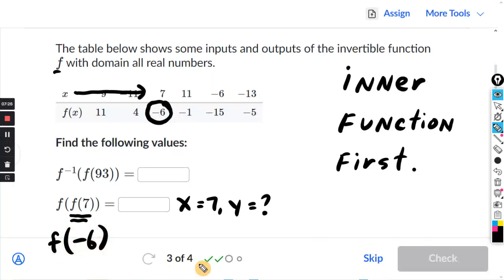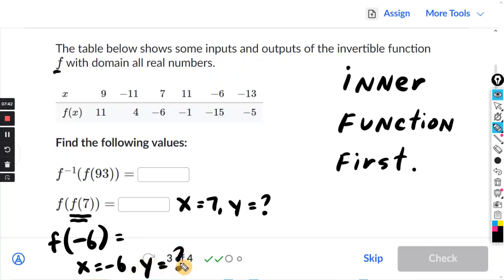Now to evaluate f of negative 6, I basically just do the same thing. I go to x equals negative 6 and find the y coordinate. So let's do that. X equals negative 6, and the y coordinate is negative 15. So we got that out of the way. Next up,